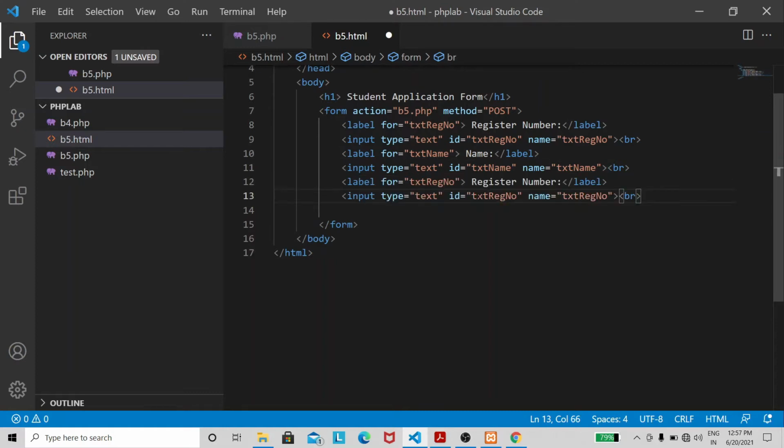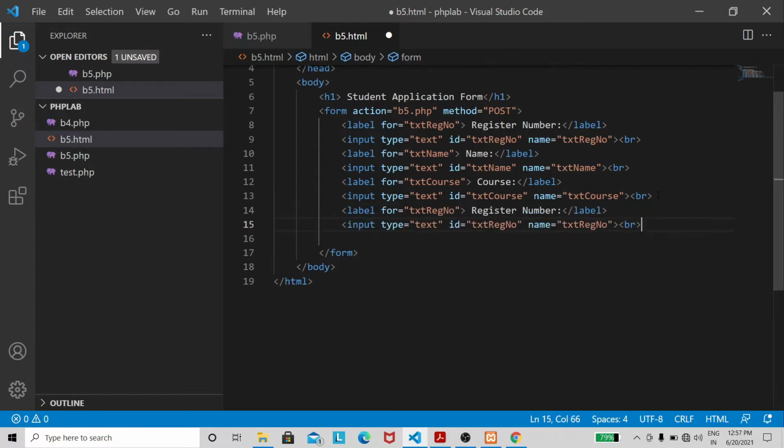Okay, once again copy. Here it has to be course. Course, txt course here as well. Alright, so again I'm going to copy and paste. After course we have gender, so label for, so here what we can do is we'll have input type is equal to radio,